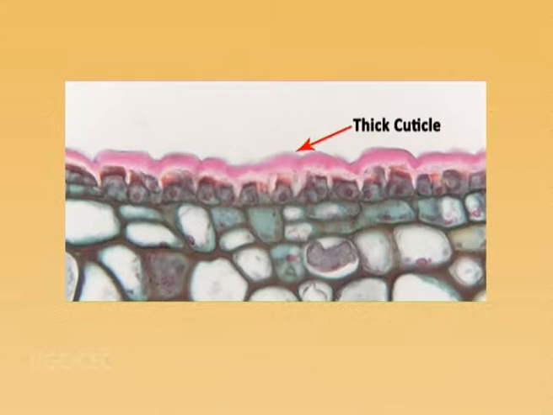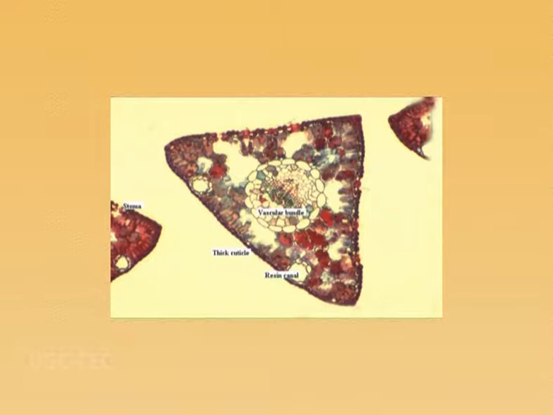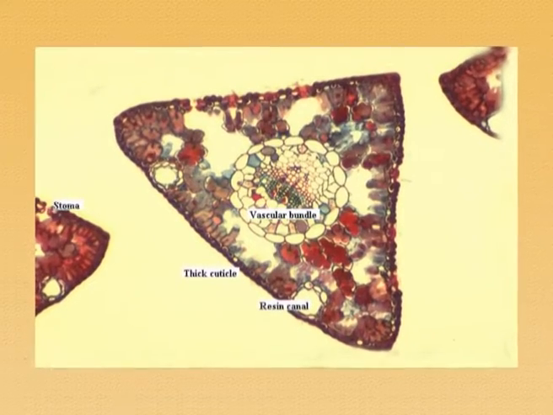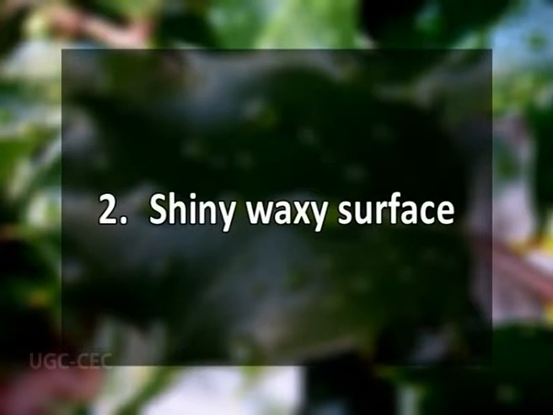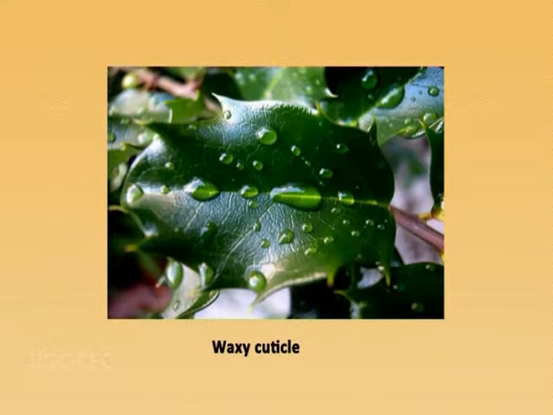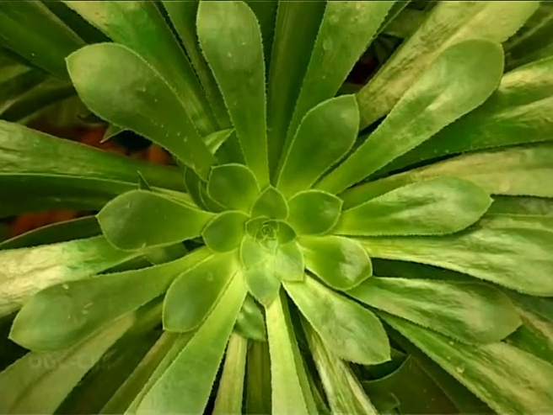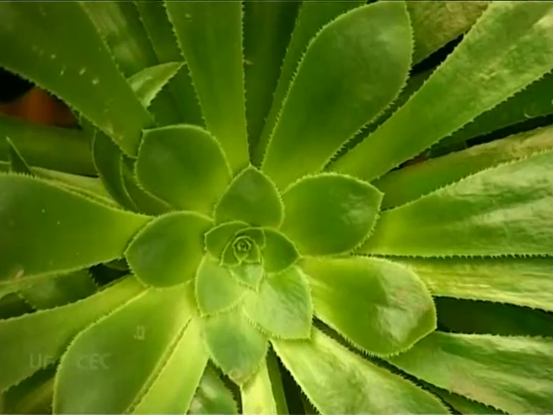In order to reduce or prevent water loss from the leaf surfaces, the leaves develop a thick layer of cuticle which does not allow water molecules to escape from the leaf. This adaptation contributes a lot in water economy of the plant, especially under xerophytic or water stress conditions. Then we have the shiny waxy surface. The wax coating acts as a barrier to water loss from the leaf surfaces. In addition, it is shiny and thus reflects light, therefore minimizing leaf temperatures and also transpiration.